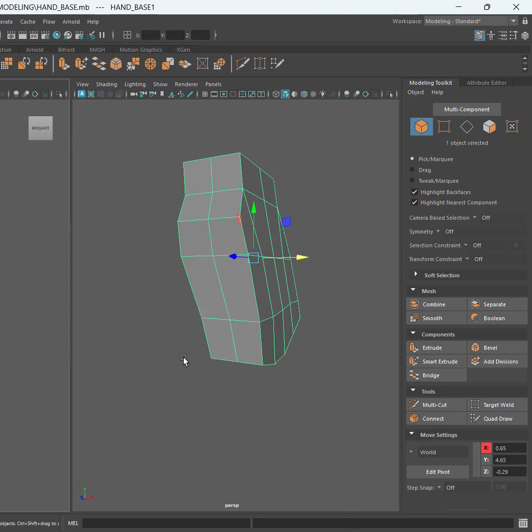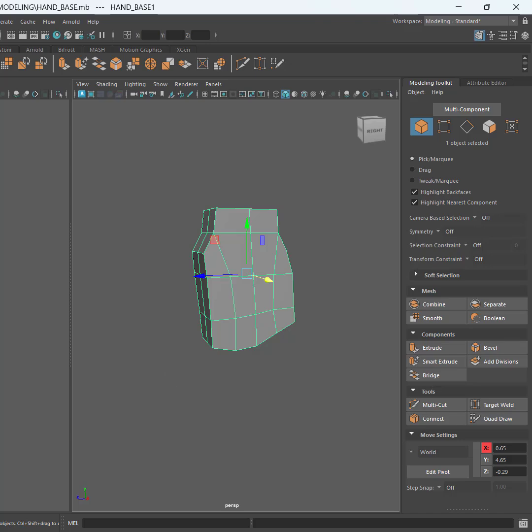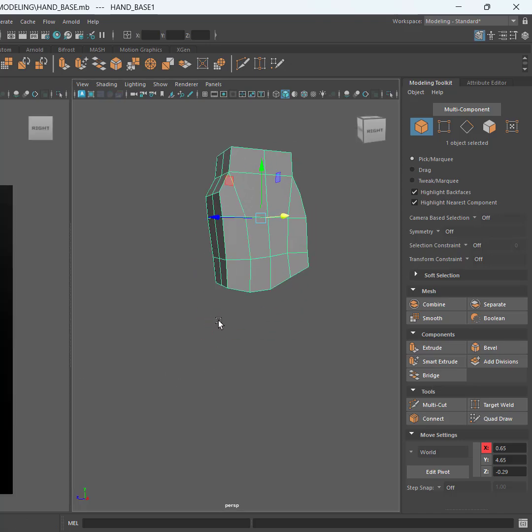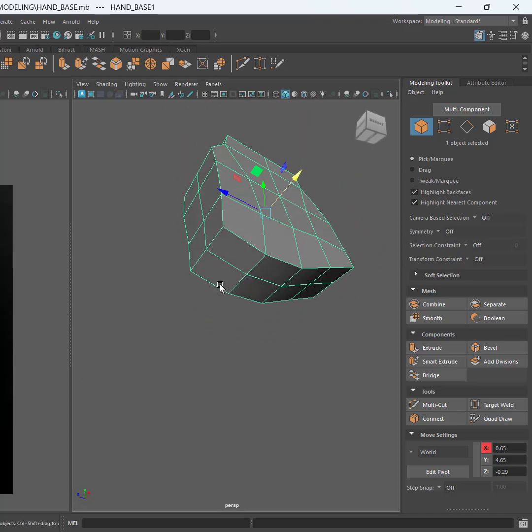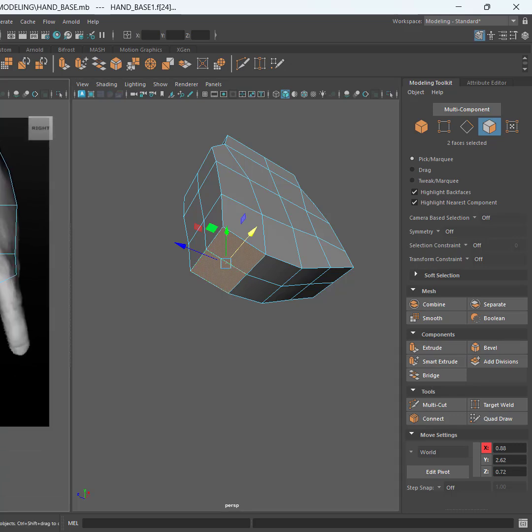So all I need to do now is just select this. Here I can simply press shift, click, and drag down, and then I can press R, and I can scale it to even